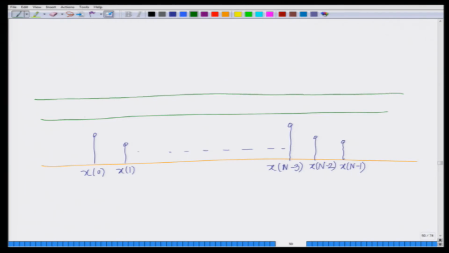At time instant 0, I have h of 0 multiplying x of 0, h of 1 multiplying x of n minus 1, h of 2 multiplying x of n minus 2, h of 3 multiplying x of n minus 3. So, this is for time instant